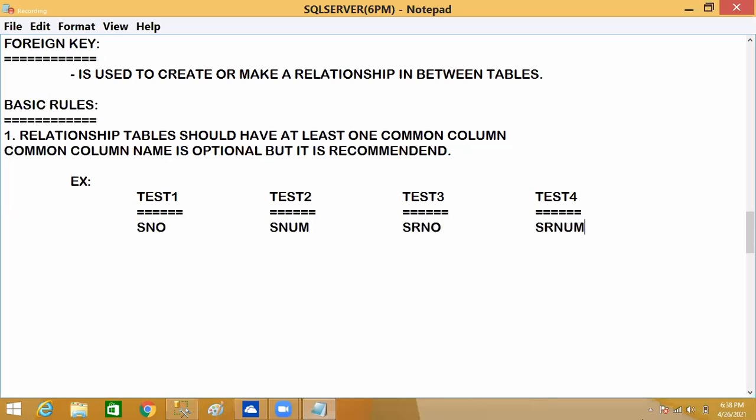So here every table's column name is different. For these four tables, the common column I take has different names. Then tell me, it is difficult to identify